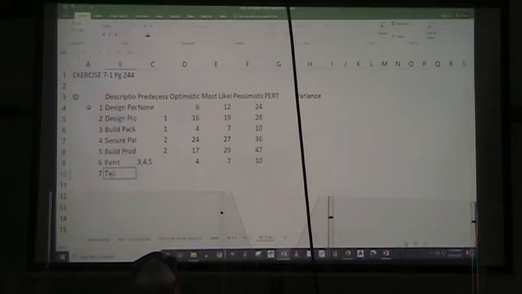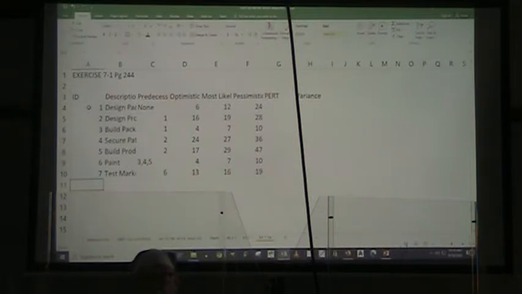And then test the market is our 7th activity, and the predecessor for that is 6, and our optimistic time is 13 time periods, most likely is 16, and 19 is our pessimistic time. All right, well, it's super easy, of course,